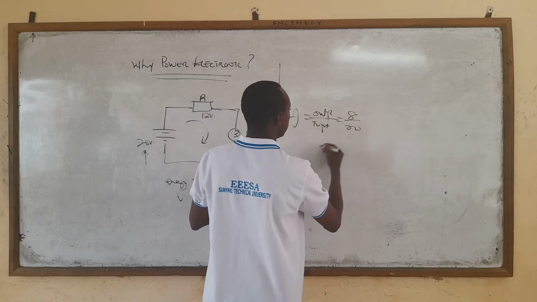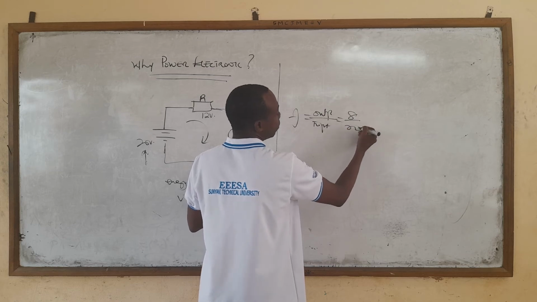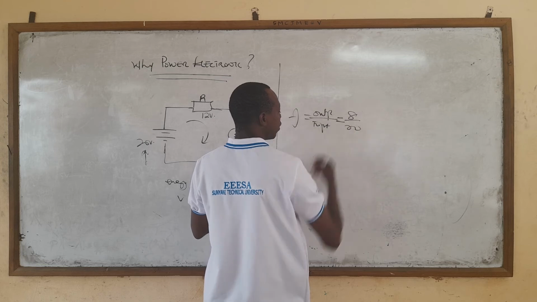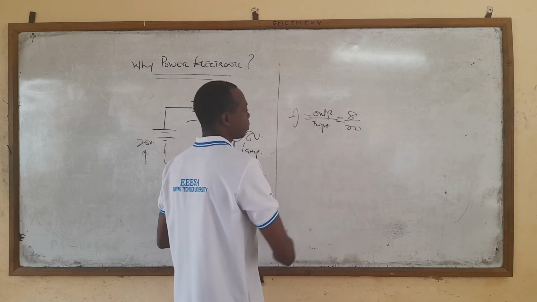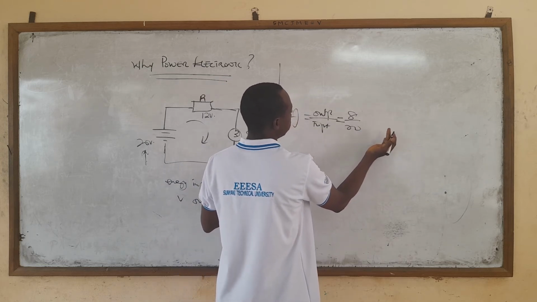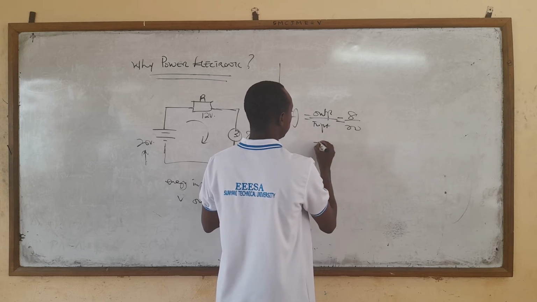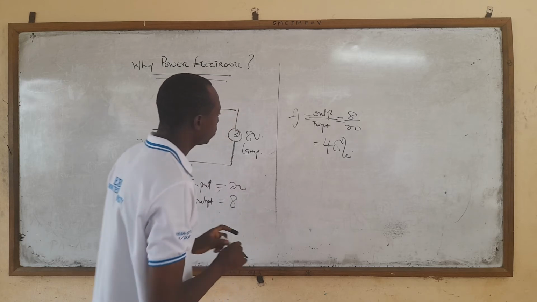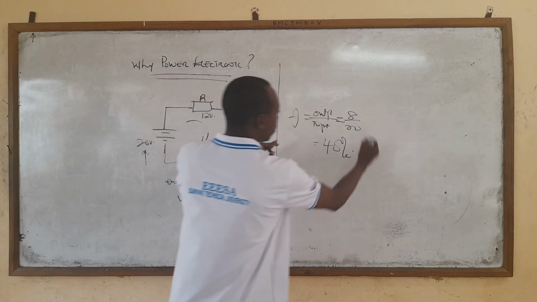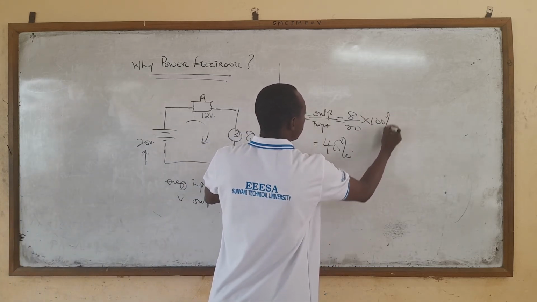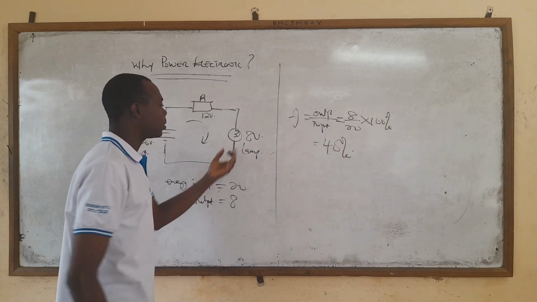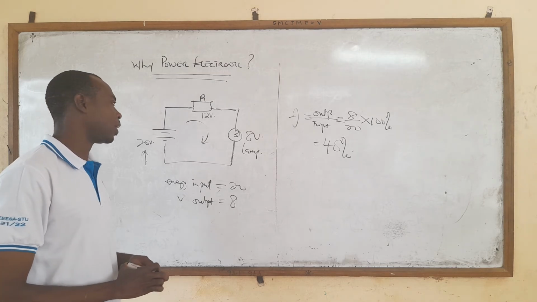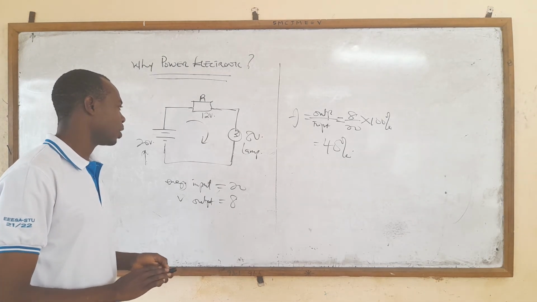With this, we can do our cancellation, and this 8 divided by 20 is going to give us something like 40%. So this whole, let's add our 100%. You can clearly see that our efficiency is 40%, which will not be accepted by any good designer or